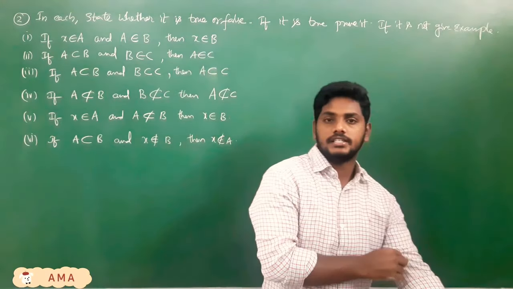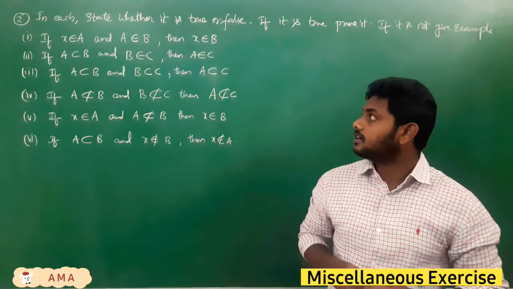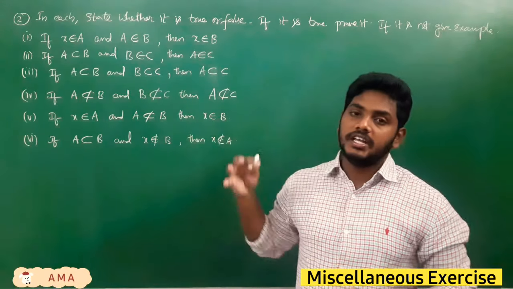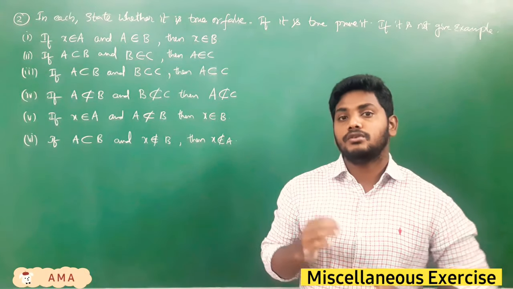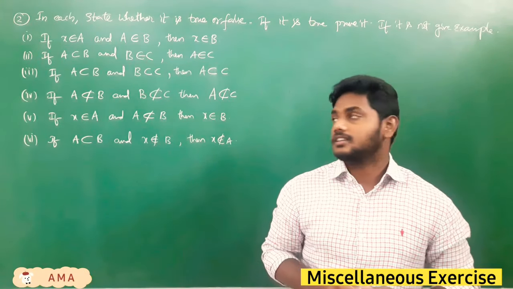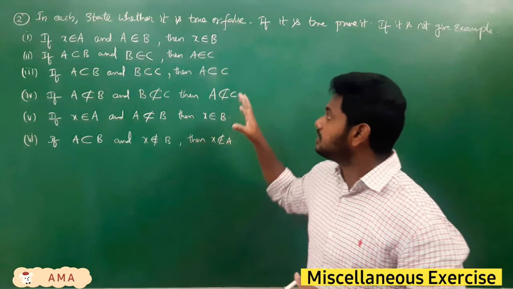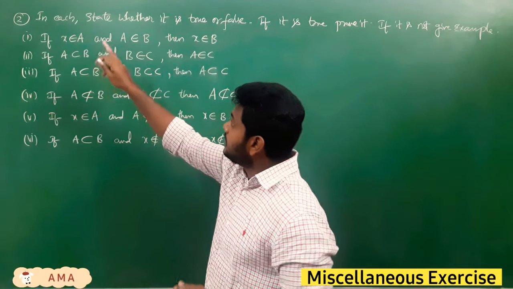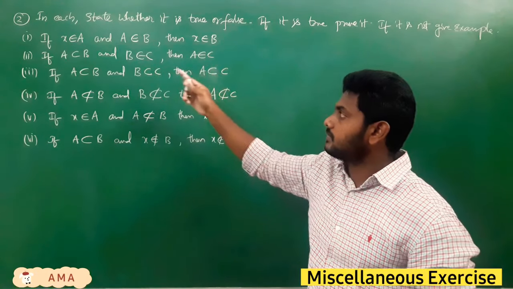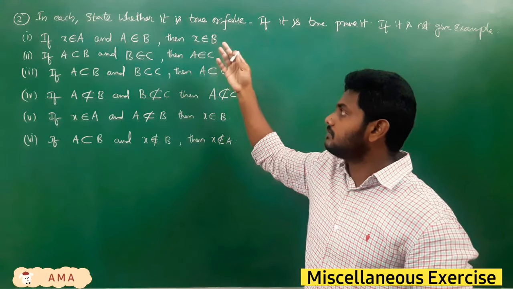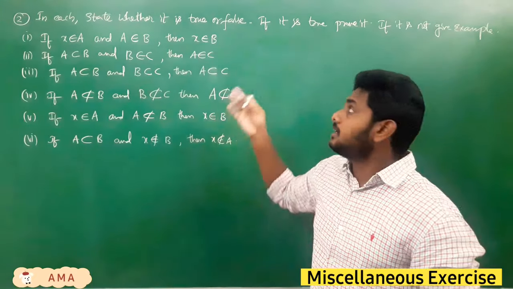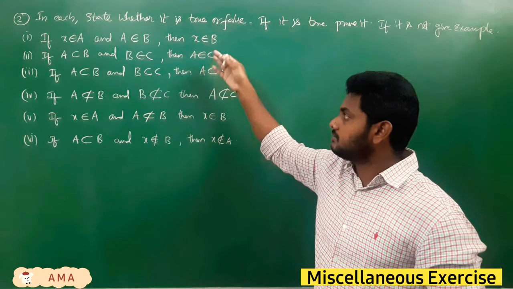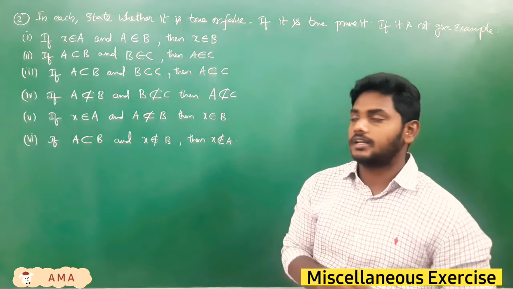Yeah, this is a very interesting question which we can prove by taking examples. If you can solve this by taking examples on your own, then there is no need to revise the sets concept once again. That much easily you can do if you understand the sets concept very well. In each statement, whether it is true or false, they have given some statements. We need to state whether it is true or false. If it is true, prove that. If it is false, give examples. But here we will prove whether it is true or false by using examples.